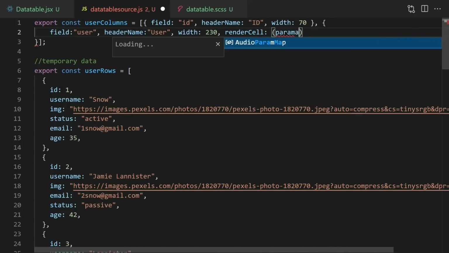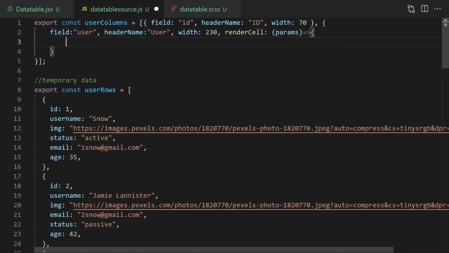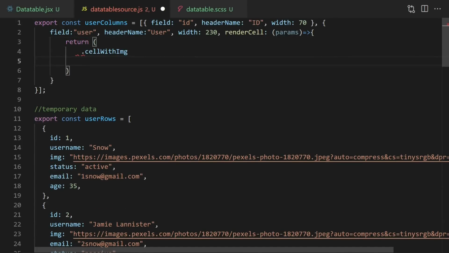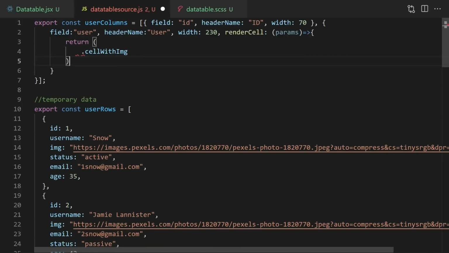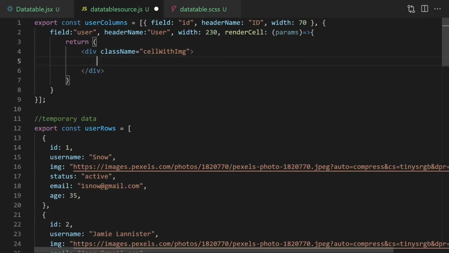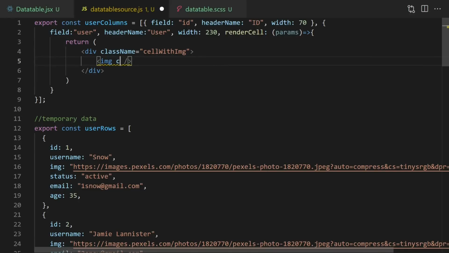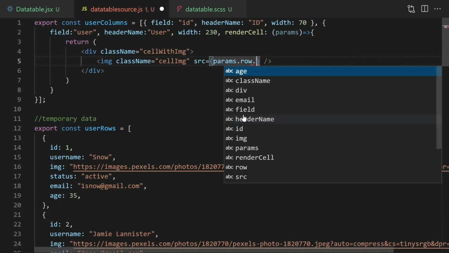I'm gonna take the params and return something here. Let's say cell with image. Of course, I cannot do this like that. Instead, I'm gonna create a div like that and give a class name. Okay. And inside we are gonna have an image. Let's close here. And the class name is gonna be cell image. And source will be params.row.image,